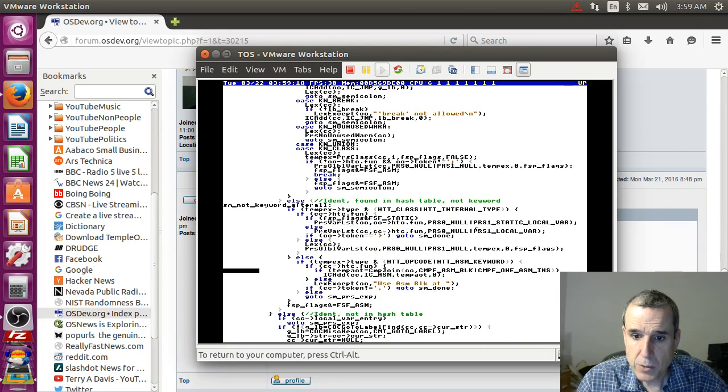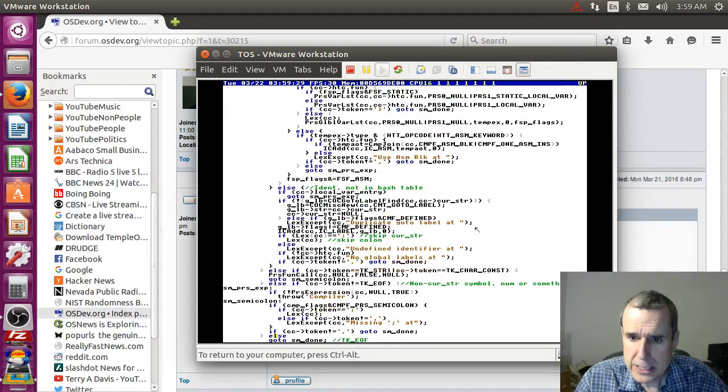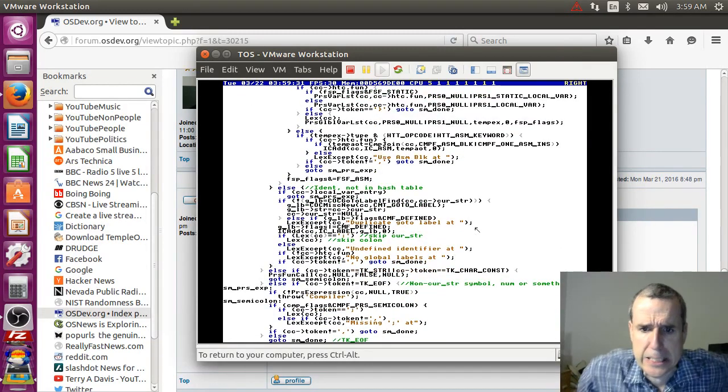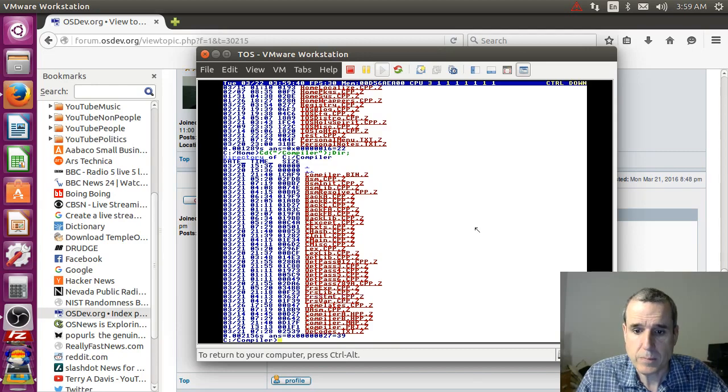If it's an opcode, then it parses an opcode, an assembly instruction. If it finds a string, here's strings and characters, then it makes a function call as though it's a printf. So anyway,